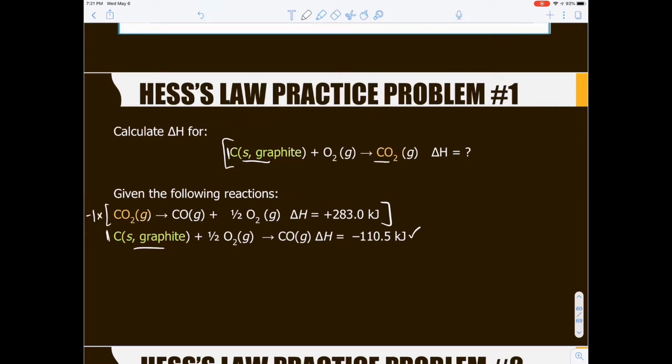Times -1, if it helps you, and eventually you'll stop doing this, but you can do it at first, is you can rewrite the equations. And sometimes it helps to even align the arrows so that it's really clear what's a reactant, what's a product, okay? Our delta H, when we flip the reaction, we need to change the sign, okay? And when we do that,